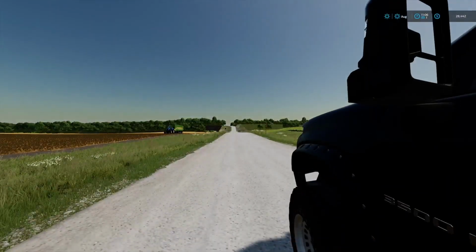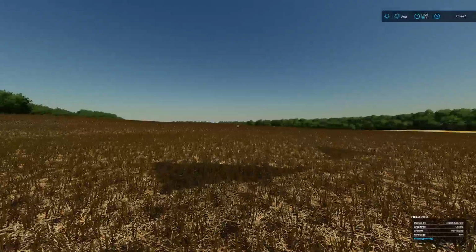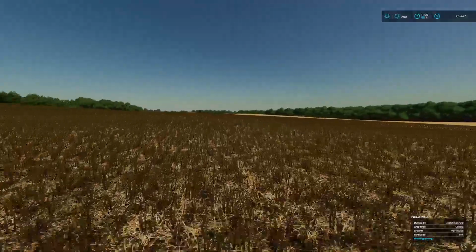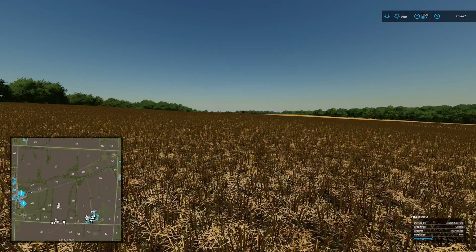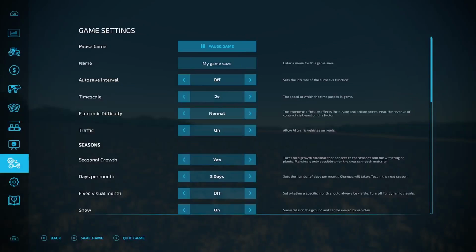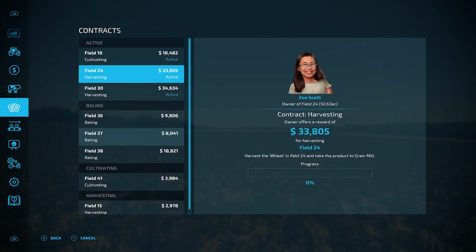I have also, and we'll see some of the equipment in a second, started a contract for Josiah Sanford on here for canola. This field is massive, so when we look at it here, field 30, I have done this lower half and the rest of the contract is up there, but it is worth a fair bit of money. So it's worth 34,634, and I've got another one on one of the biggest fields on the map as well, which is worth